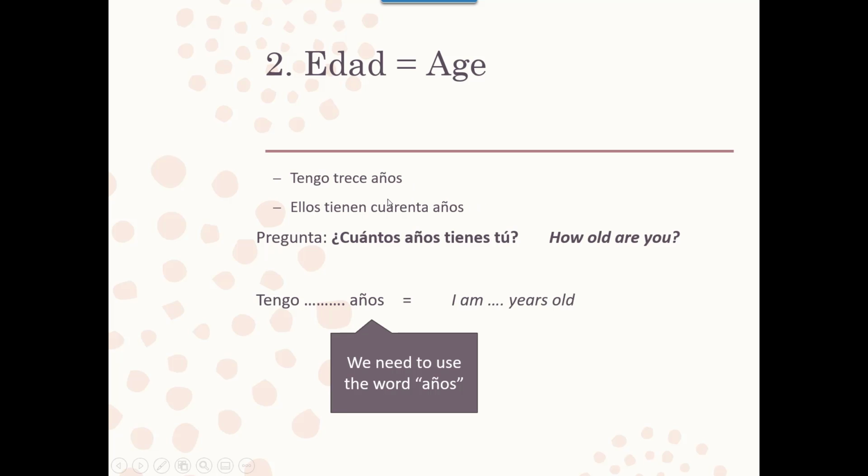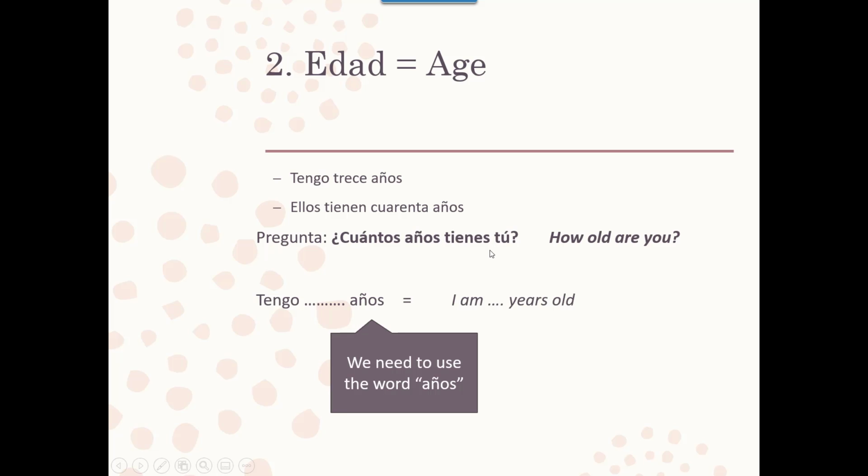In English, it's more like they are 40. In Spanish, it's with tienen. They have. It's a little weird. So make sure you say años. In English, you can say they are 20, and it makes sense. But in Spanish, if you just say ellos tienen 40, you'll be like, 40 what? They have 40 what? So once you put the años, then you know that you're talking about age. Okay?